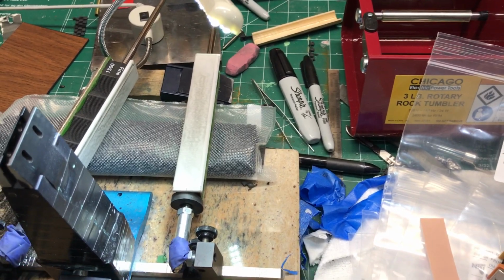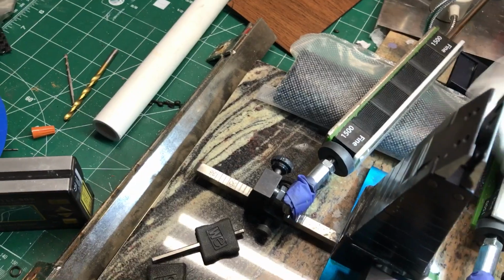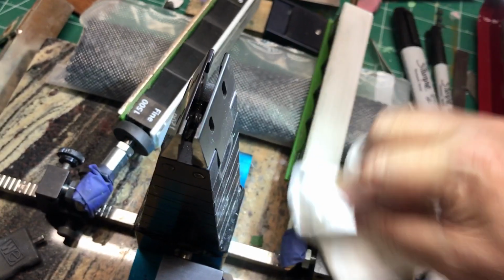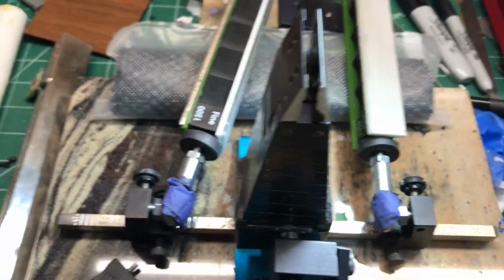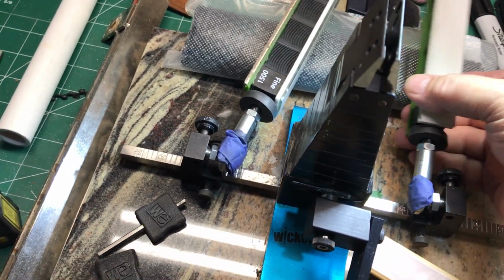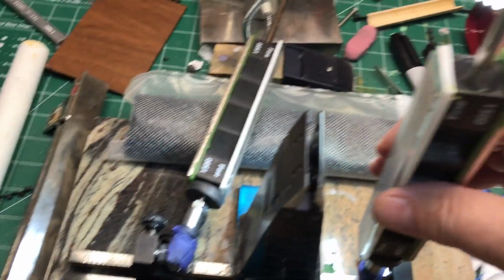So then before I do my touch-ups, I'll take this alcohol and that stuff pretty much comes off. And I'm ready to do touch-ups with that. Yeah, so I get about at least 3, sometimes 5. There's a little trick that I do sometimes if I have a really stubborn